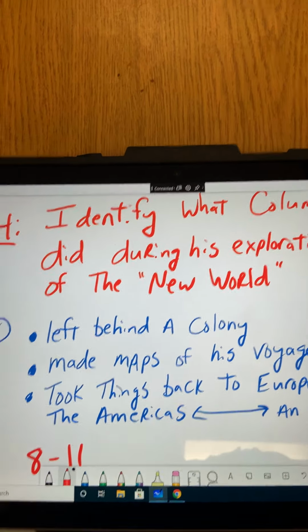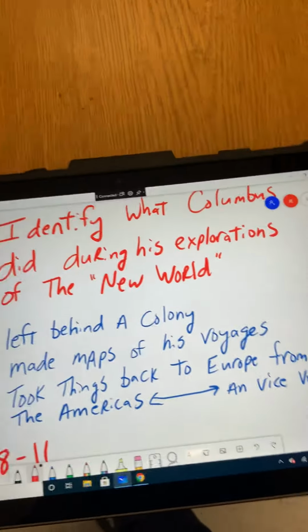Now, I'll also have a link in our lesson. There's a lot of evidence here, and we're talking about Christopher Columbus Day and how we celebrate that. And it's also known as Indigenous Peoples Day because Native Americans like to celebrate that day in honor of themselves too. I have a link in this folder that takes you to a website that talks about Christopher Columbus, the untold story. And unfortunately, there's a lot of evidence that shows that Christopher Columbus and his men made slaves out of the Native American people that they found over in the New World, and